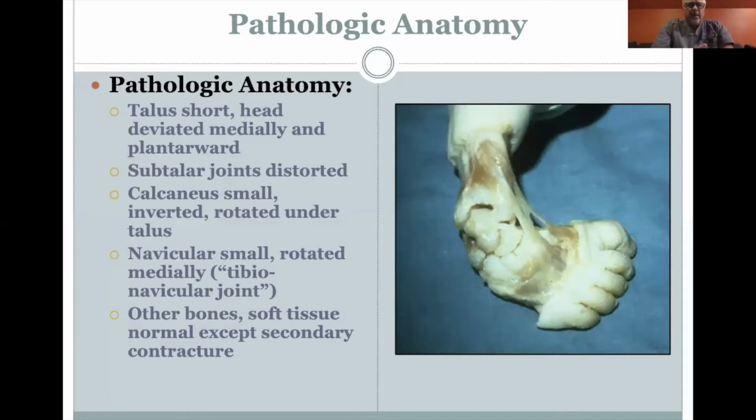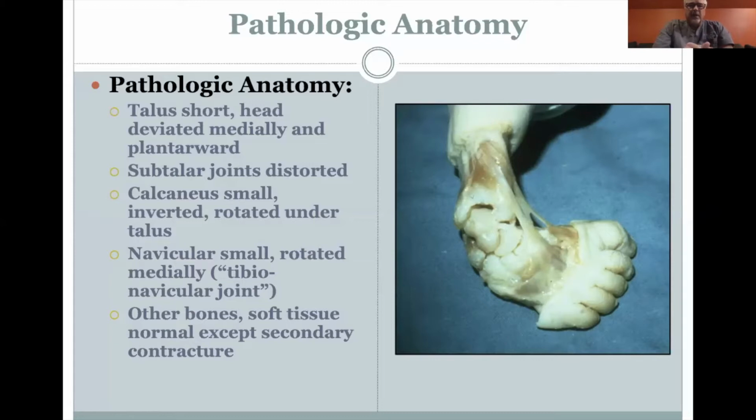Pathological anatomy of clubfoot. First, the talar neck is short. The head is deviated medially and plantarward. The subtalar joints are distorted. The calcaneus is small, it's inverted, and it's rotated under the talus. The navicular is also small and rotated medially, and it often almost forms a pseudo-articulation with the tibia, called the tibio-navicular joint. And this can really be a limiting factor when you are talking about surgical correction of